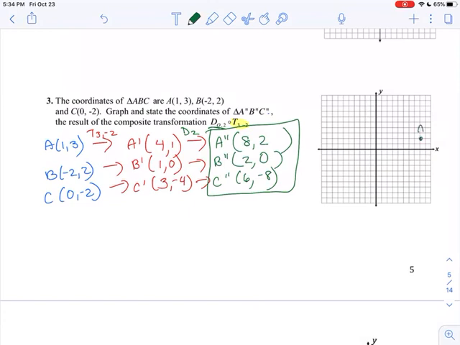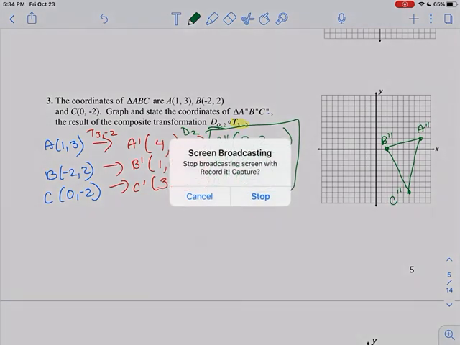And then I would just graph these points. It said to graph and state the coordinates of the image. So here are the points, and I'm going to graph them. So 8, 2 is right there. 2, 0 is right here. That's going to be my B double prime. And 6, 2, 3, 4, 5, 6, negative 8 is going to be right there. Now I didn't draw my